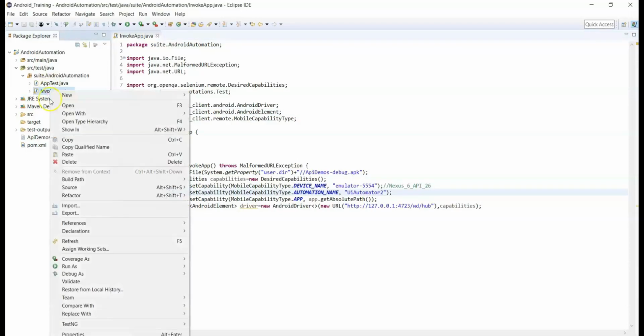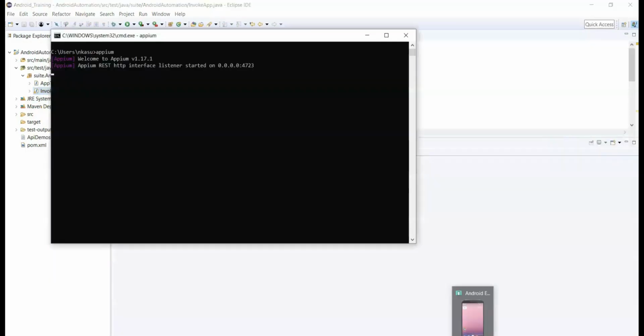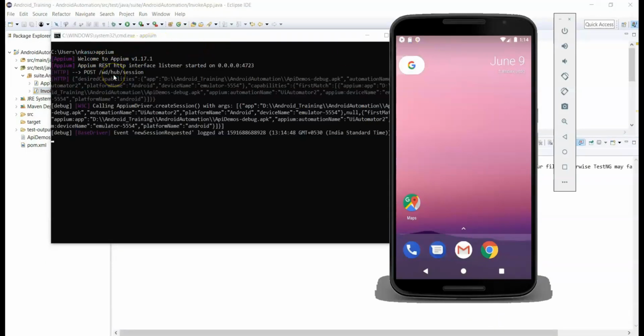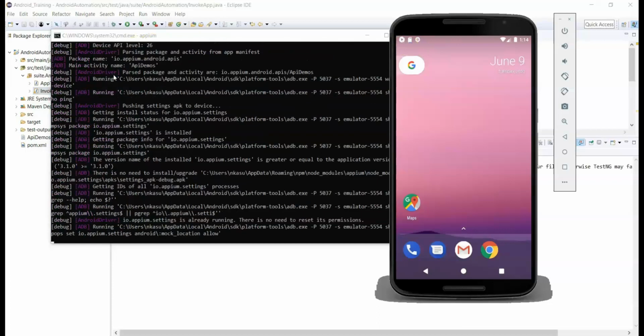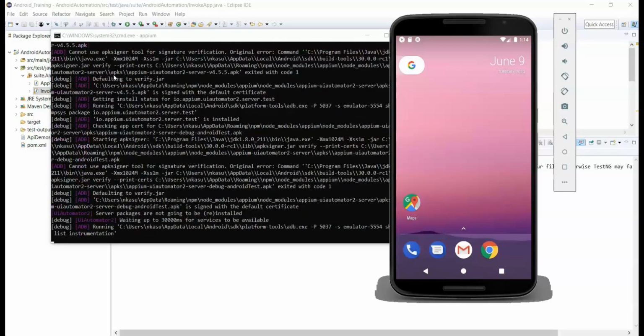Right click on the class file, run as TestNG test. See, it opens the command prompt and then the emulator. So you can see the log here in the command prompt, what exactly is happening in the background.